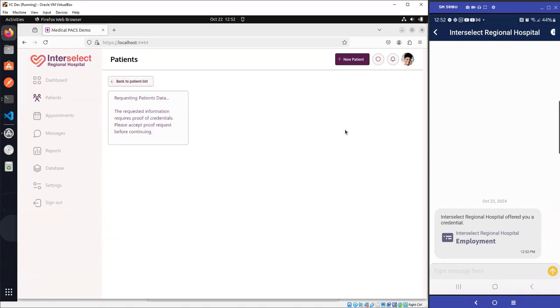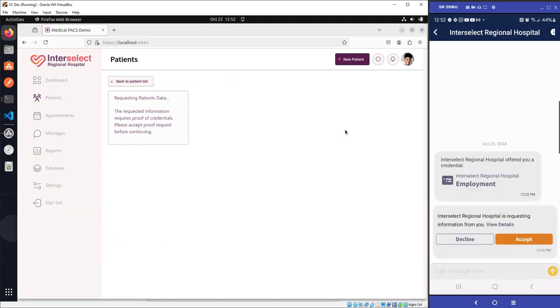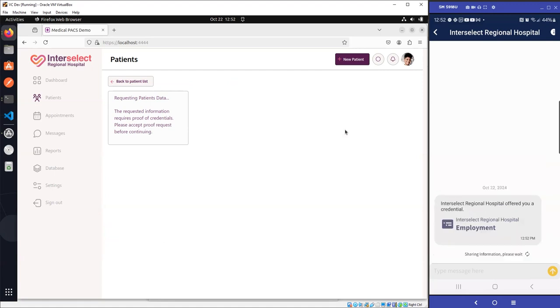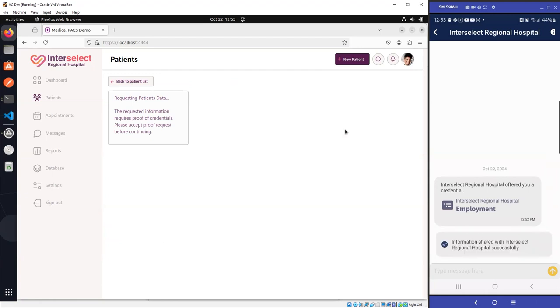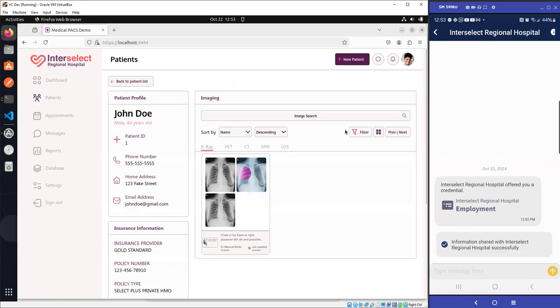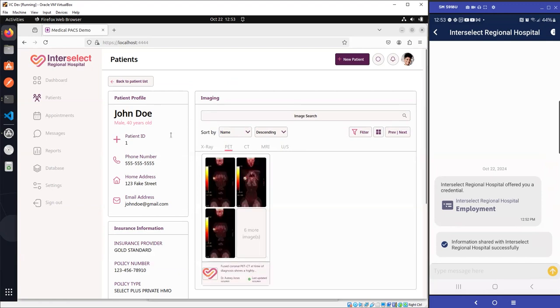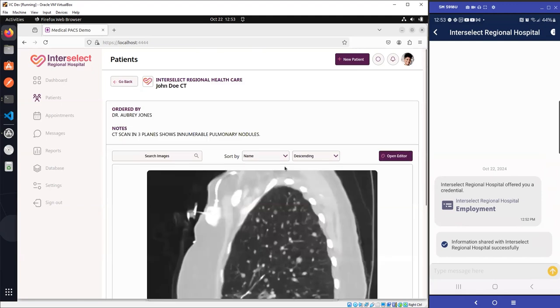We click on images and we get a request for a credential that proves that we're allowed to access this. So we'll go ahead and share our credential here. Let's share that employment credential that says this is my role at the hospital. This is the department I work in. And now that we've proven that we can have access to this patient, now we can click through and view